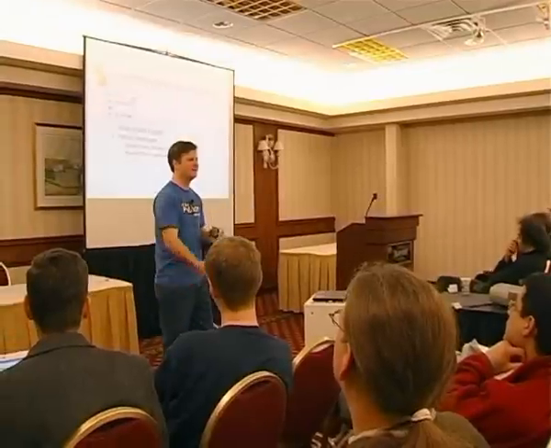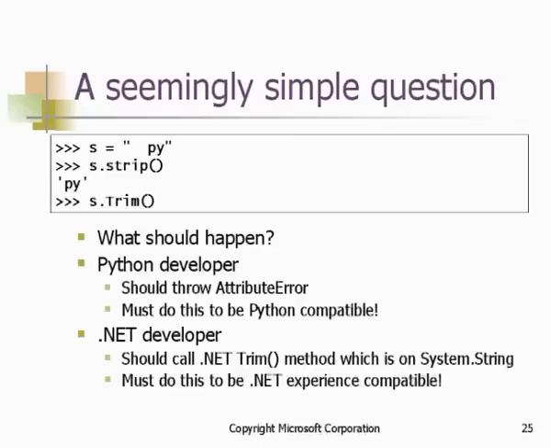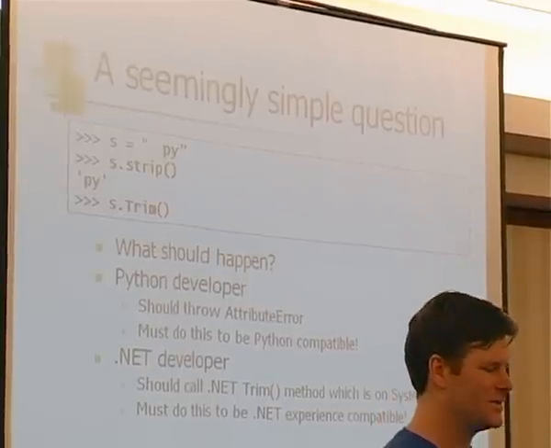So a Python developer says it should throw attribute error. That's exactly what it should do. There is no trim method defined on string. You're not Python compatible if you don't throw attribute error. Well, if I ask this question in a different crowd, I was hoping for a more overwhelming response from this crowd, but